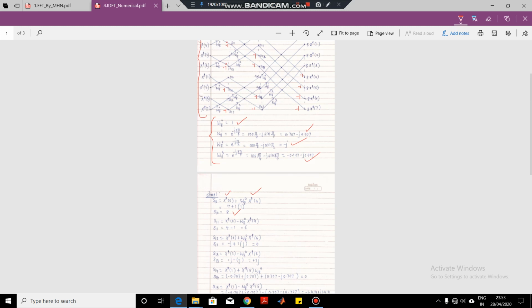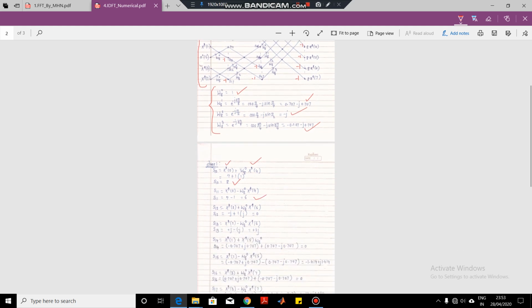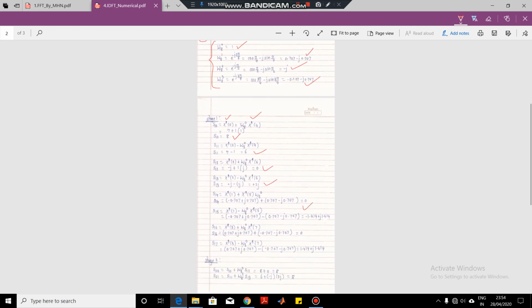So this is the same now. A, that is x star of 0, minus x star of 4 into the twiddle factor. This twiddle factor is W40 and this is x star of 4. So we will get the output as 6. So this is the basic butterfly computation. All the computations you can do similarly, so every output you can get here in this fashion.